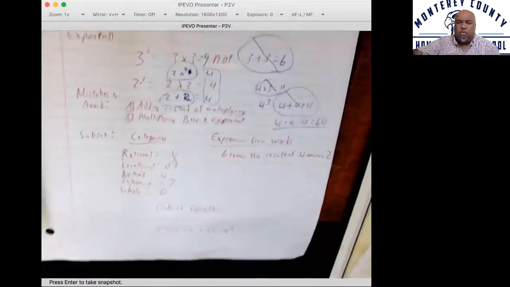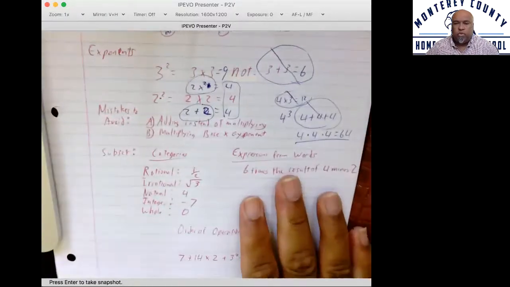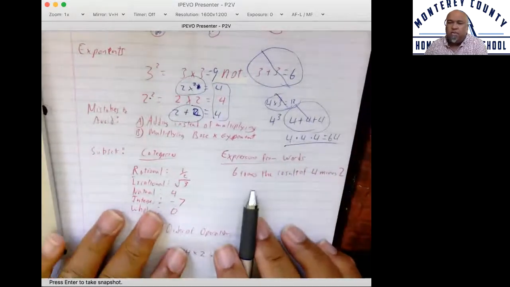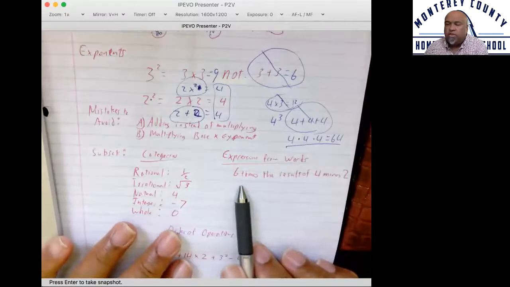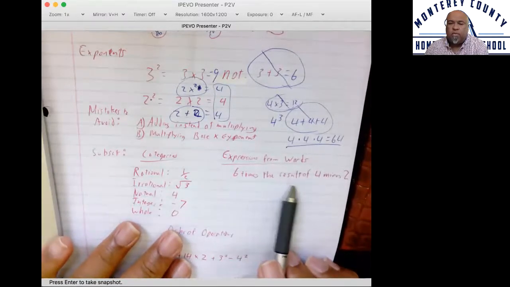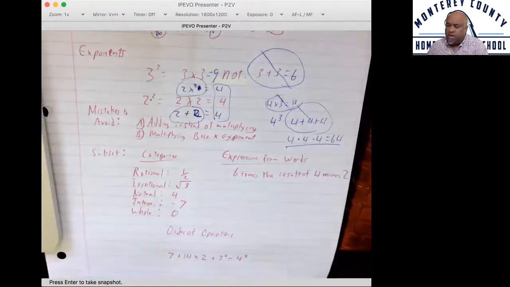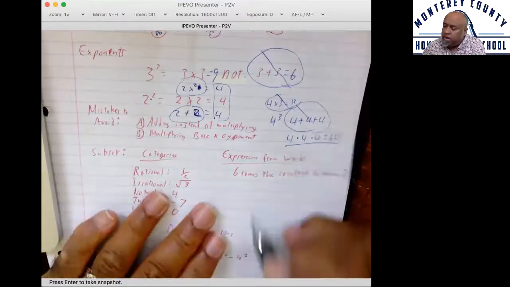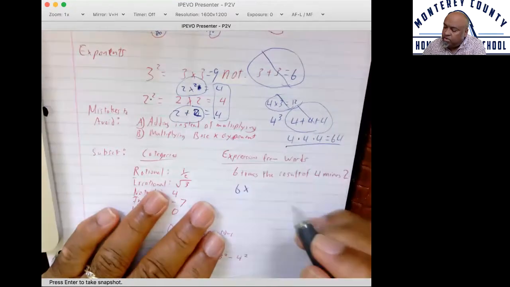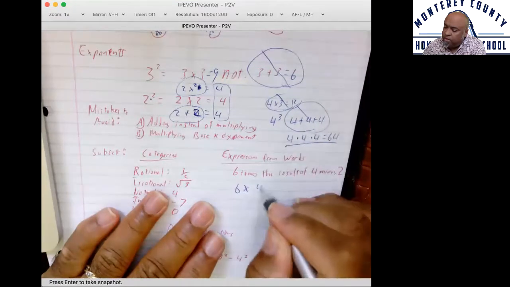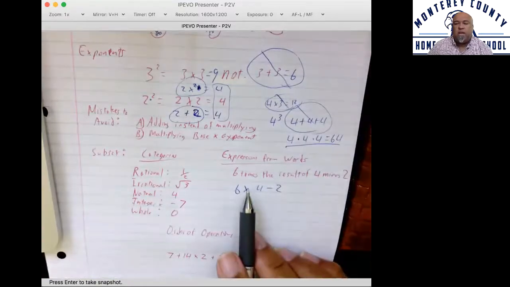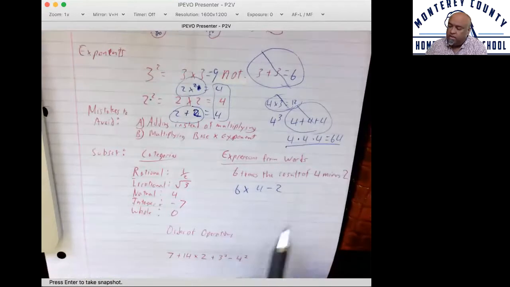Let's see, order of operations. Oh, sorry, I want to do this first. Expressions from words. A lot of you messed up on this, so let me go over one problem here. 6 times the result of 4 minus 2. The mistake that people make is they just read this in order and say, okay, 6 times 4 minus 2. If you did the answer like that, you probably got half credit on that question,